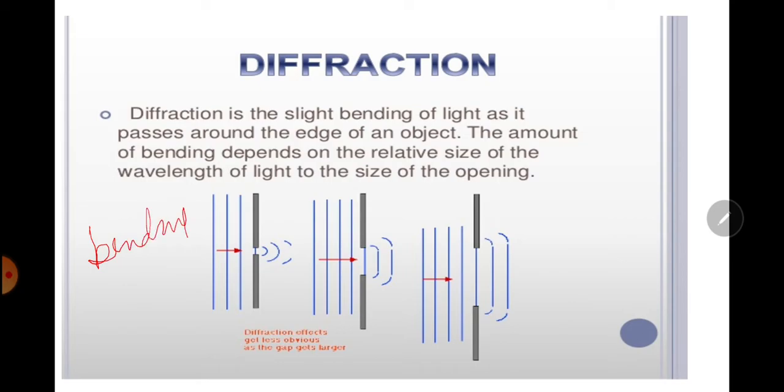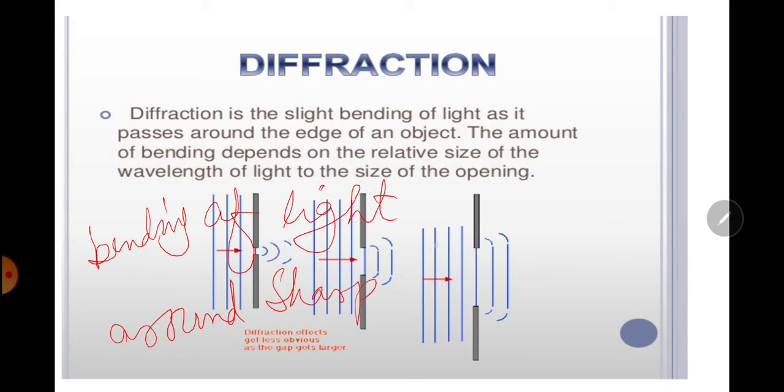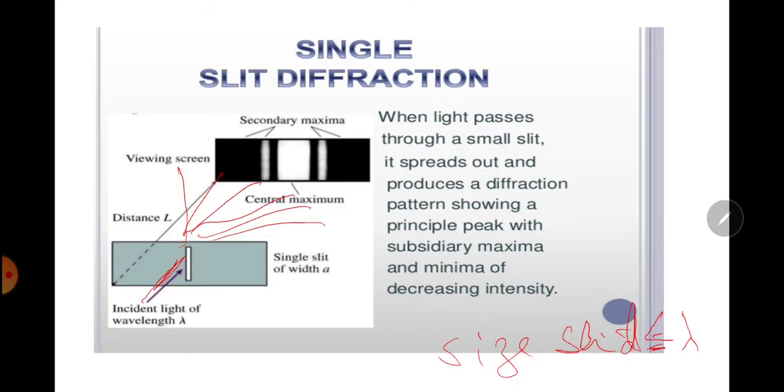The bending of light around sharp corners and edges is called the diffraction phenomena. Diffraction is the slight bending of light as it passes around the edge of an object. The amount of bending depends on the relative size of the wavelength of light to the size of the opening. Single-slit diffraction. When light passes through a small slit, it spreads out and produces a diffraction pattern showing